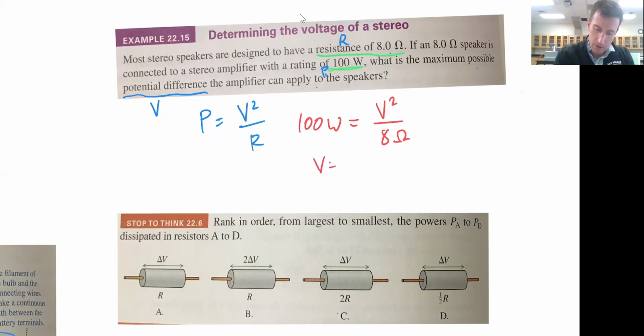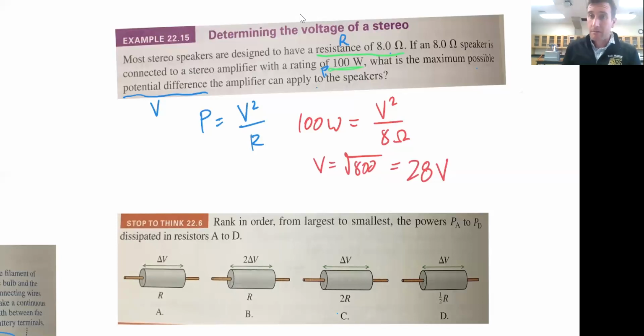V equals square root of 800, which equals 28.28, or just 28 will do, volts. So that would be the potential difference, the voltage drop that the amplifier can apply to those speakers with